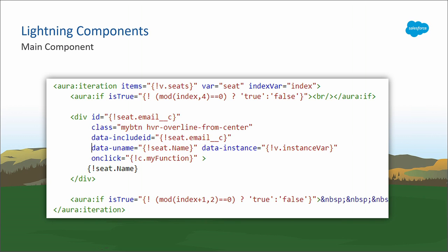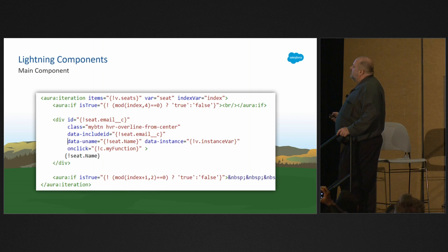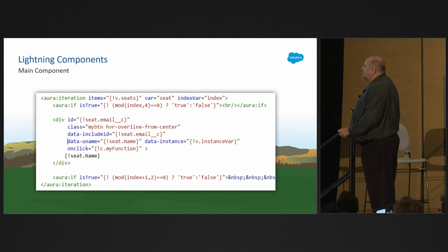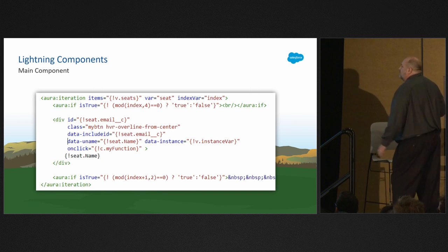All right, so here's the basic code for Aura iterations. And I cut off a little bit so that it would actually be visible, showing how I put in an extra line feed whenever I got to a fourth iteration. So as I got to 4 seats, I went to an extra line. Every 2 seats that wasn't a 4 seat, I put a space in there so that I'd have an aisle representation. So again, it's just some basic